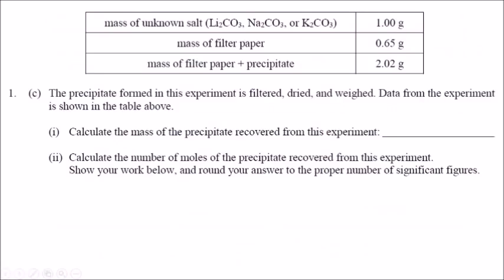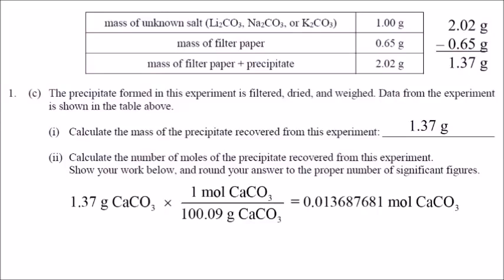In part C, we have some data about the precipitate. The precipitate is filtered, dried, and weighed. The mass of the precipitate would be 2.02 grams minus 0.65 grams. So we have 1.37 grams of calcium carbonate, the precipitate. Let's convert that into moles. We'll just take the 1.37 grams, divide by the molar mass of calcium carbonate, which is 100.09, and we get